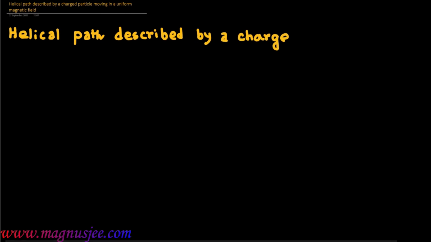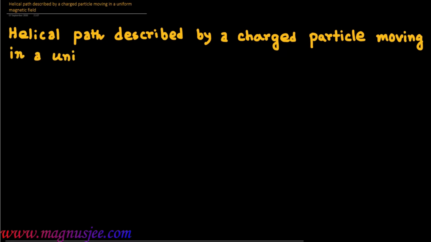Helical path described by a charged particle moving in a uniform magnetic field obliquely. Helical path described by a charged particle moving in a uniform magnetic field. Uniform magnetic field